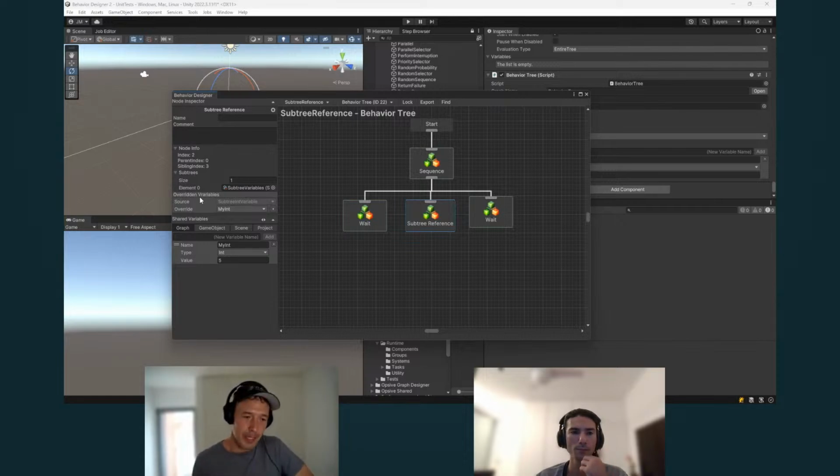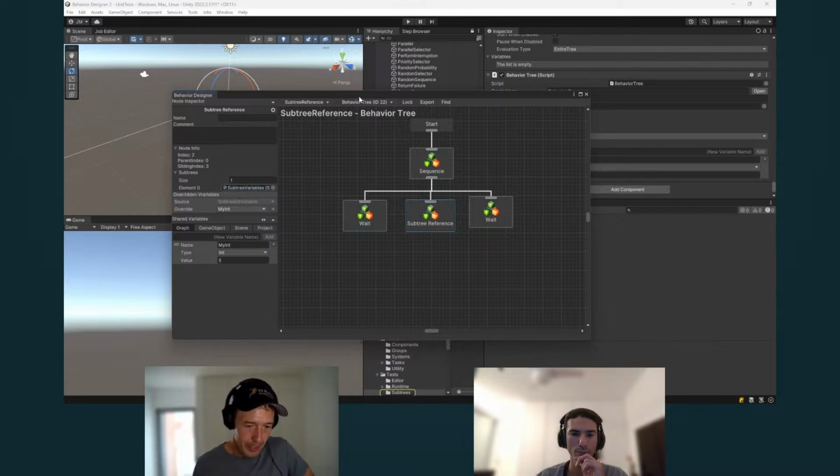The interface for this was not very intuitive, because you had to make sure the name was correct, the exact same name in the subtree, and then also the type. And it was very easy to get confused or not spell it exactly correctly, or not necessarily know what variables your external tree had. And so this UI has been extremely expanded upon. So now this override will search for everything within this subtree, or you could override it with a scene or a project level variable. But then it will pass this value to the